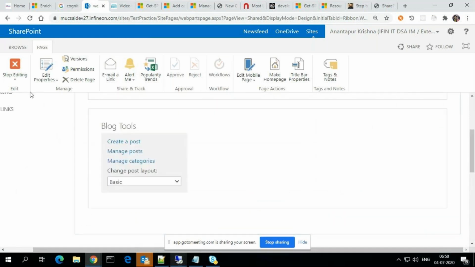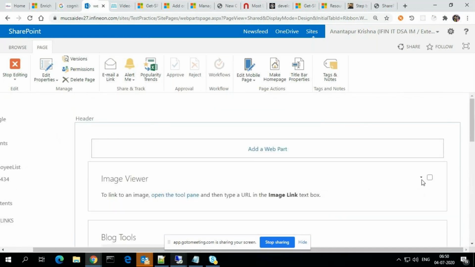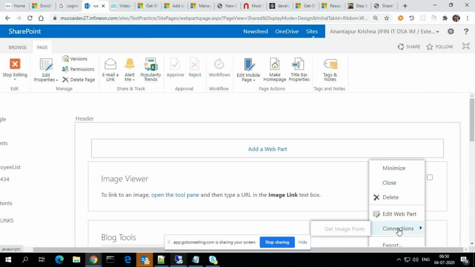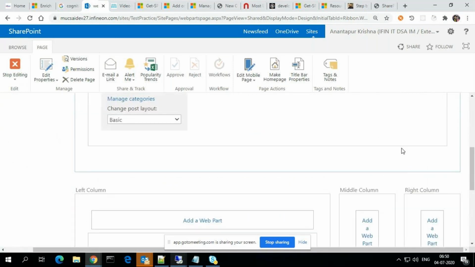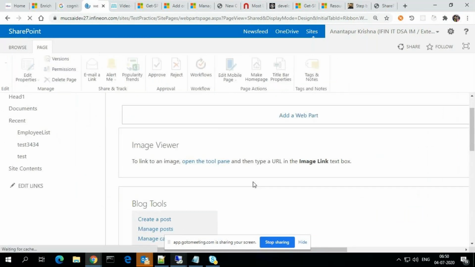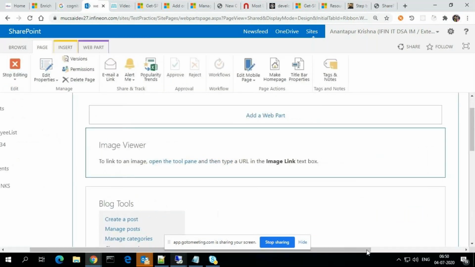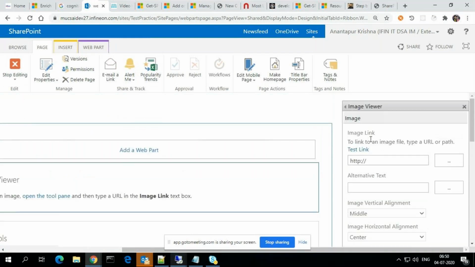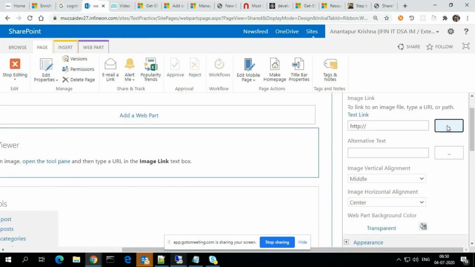Once you click on each and every web part, you can make some changes here also. Suppose I edit the web part, and you can see these links. Suppose I want to show some image, I can select it here, or provide the URL link of the page, whichever image is there in SharePoint.